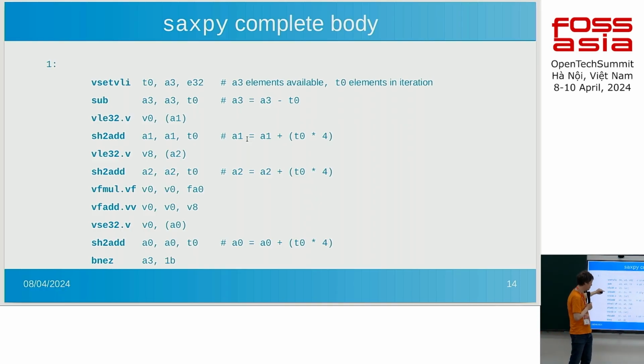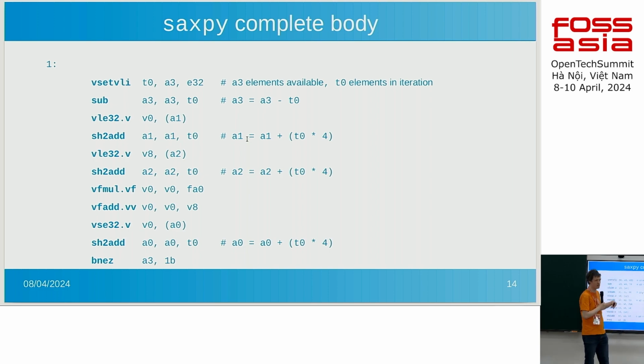Then we have our load. So this is X, this is Y, this is the multiplication, this is the add, and this is the store. And here the SH2 adds are just updating the pointers, so incrementing the pointers across loops. I think it might be A1, T0, A1, and this adds